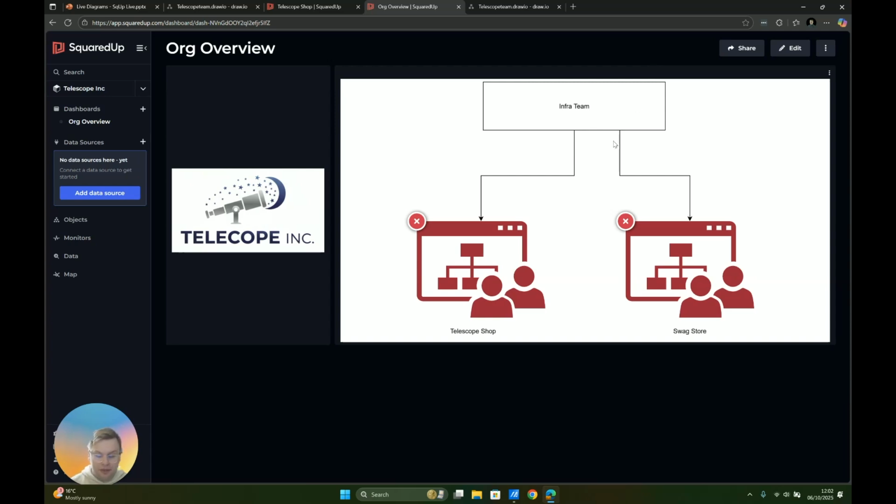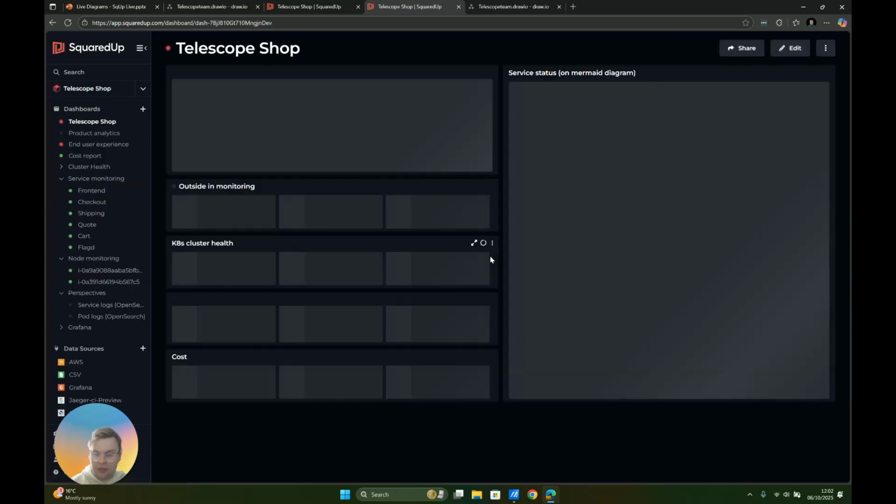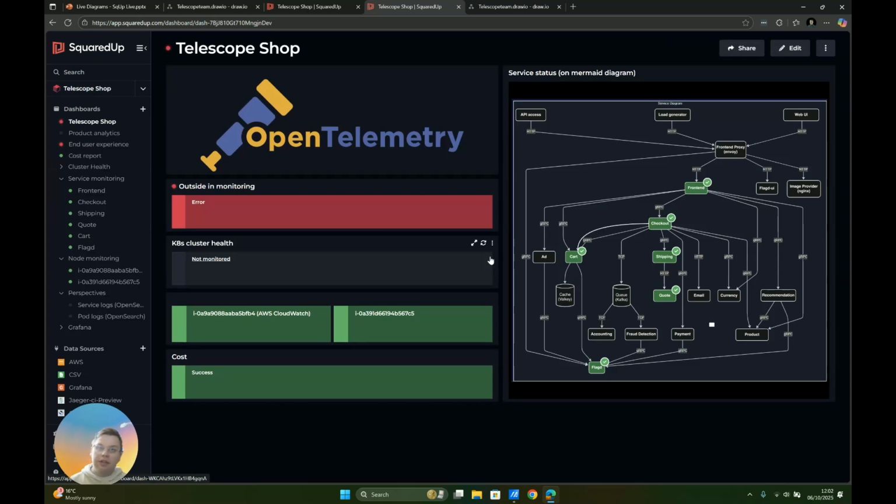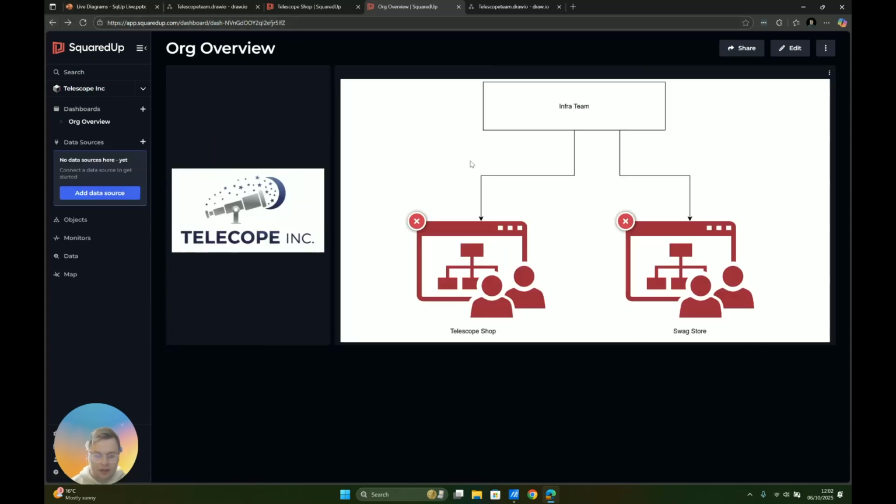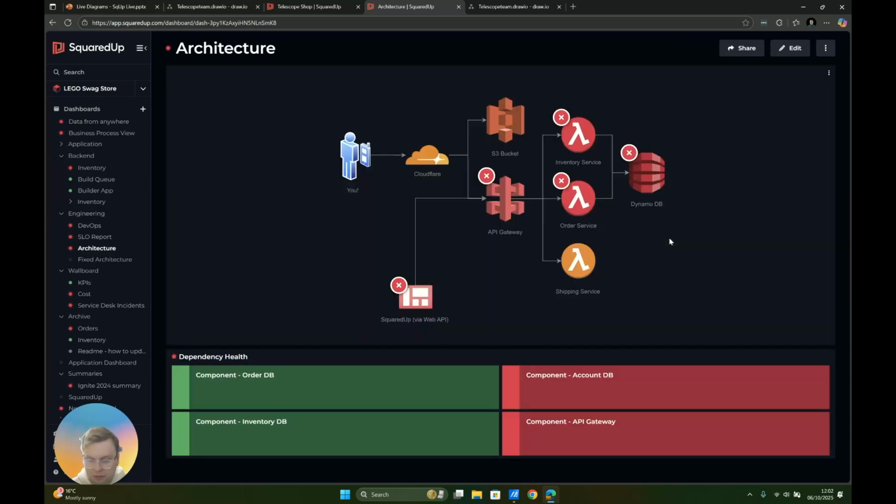So I can also show that this is interactive. I can click on this and it will jump to my telescope shop that I saw before. And from here, I can do some deeper dives into how this telescope shop operates and what the status of it is. If I go back, my second area, my swag store, I can click on it and it will